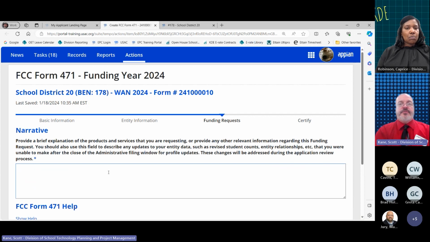Now we come to the narrative. The narrative is going to be a brief description of the services that are going to be provided. Perhaps you can include information about location and speeds, but it doesn't have to be particularly lengthy, nor particularly elaborate. It should be enough to let a reviewer understand what it is that you're asking the funding to cover.